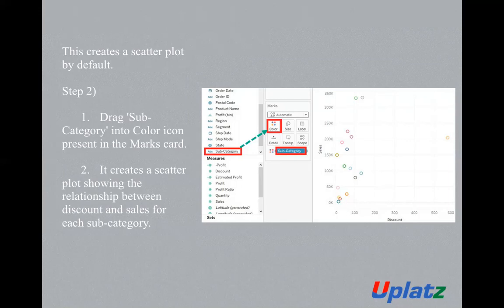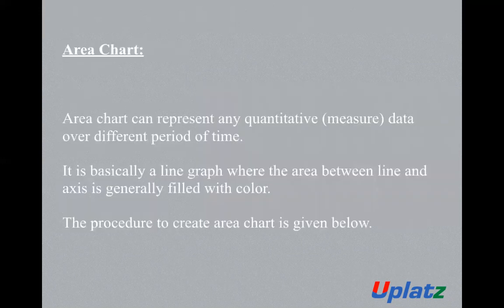We normally use a scatter plot when we want to look at how sales and profit are performing hand in hand. And using a scatter plot, we can go for advanced analytics, wherein we can explain the trend of how the data is going to be, or forecast data, basically advanced analytics over this scatter plot graph. Okay. So the next is area chart.